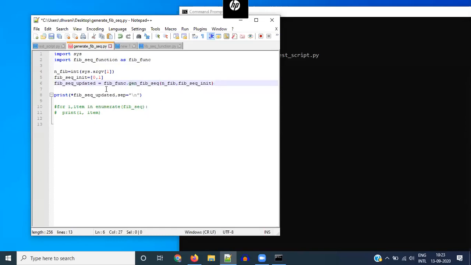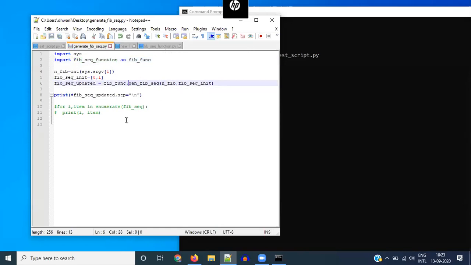So it's just like saying plt dot plot. If you just said plot, Python wouldn't understand where to look for the plot. So you add plt dot plot to tell it that look for plot in the matplotlib pyplot module. So in the same way, we are saying look for this function gen fib_seq in this module called fib_func, which is actually this other module that we've written in a separate script.